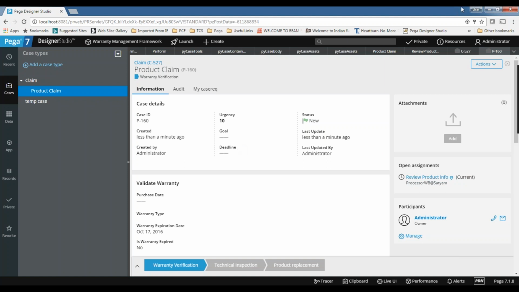That is why the case data and assignment data are not displaying. You can see only 2 tabs are coming. Even if I click it, it's not displaying. That means you cannot perform any action here. If you just want to see something, you can display the review harness. But you cannot perform any assignments on that.